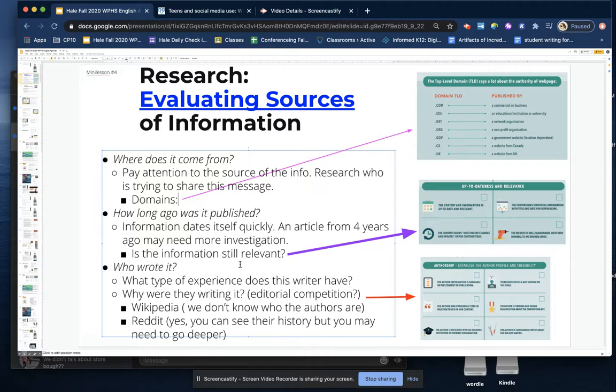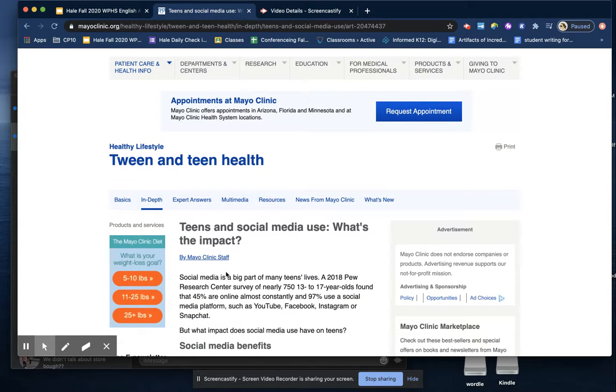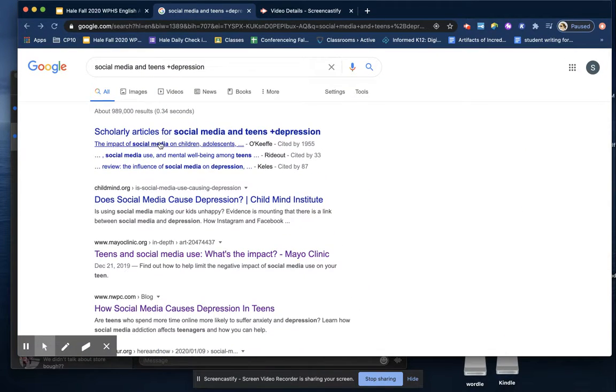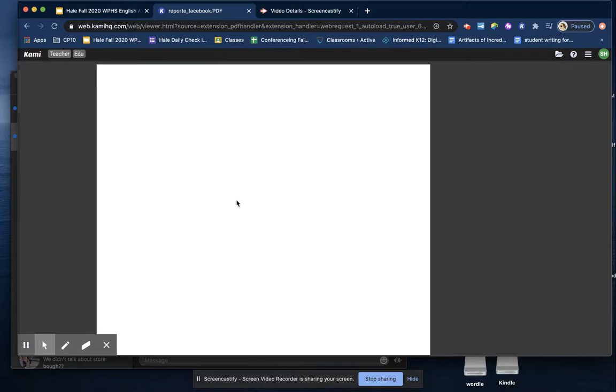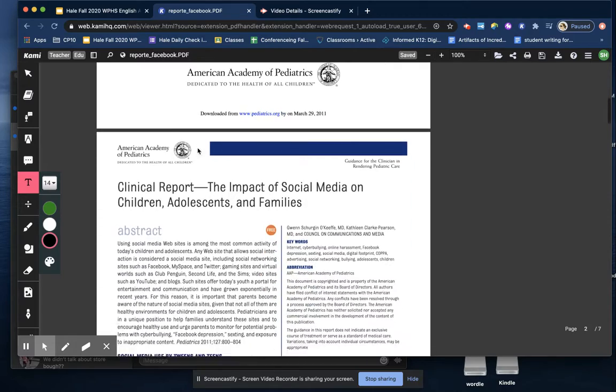The last thing I want you to look at is authorship. So who wrote it? That could be the organization that is responsible for it, the news media site that's responsible for it, or the actual person who authored the article or piece of information. If we look back at the Mayo Clinic one, it's just by Mayo Clinic staff. If we look at some other ones, let's randomly pick one of these scholarly articles. It's going to take forever, but I guess there's probably going to be the journal where it was published, in addition to the actual